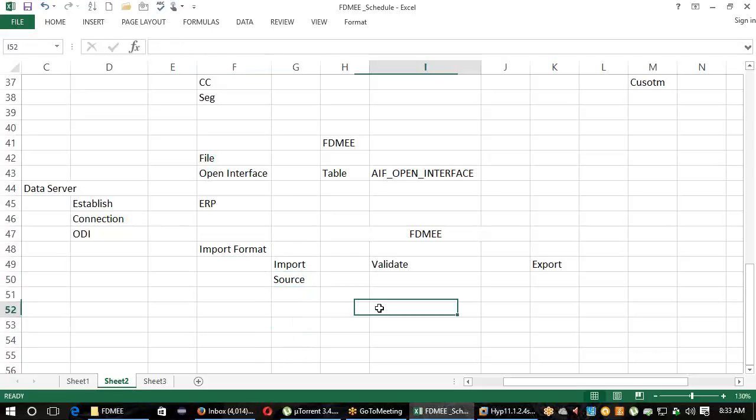The source data that you imported. Then the next step is validate. How can the source data be validated? For that, the system requires